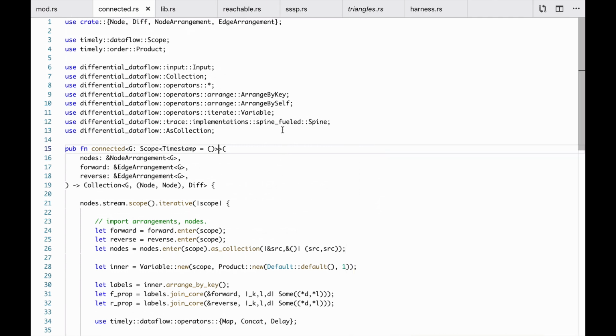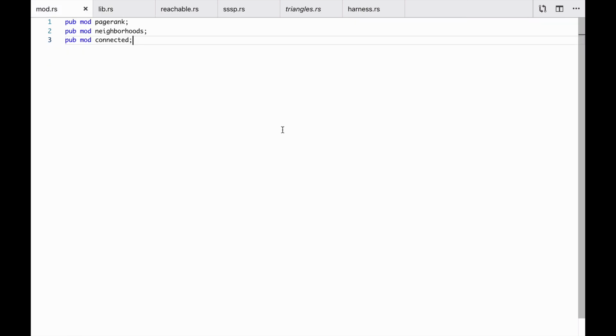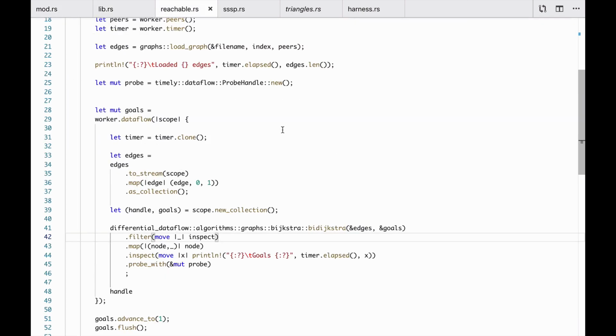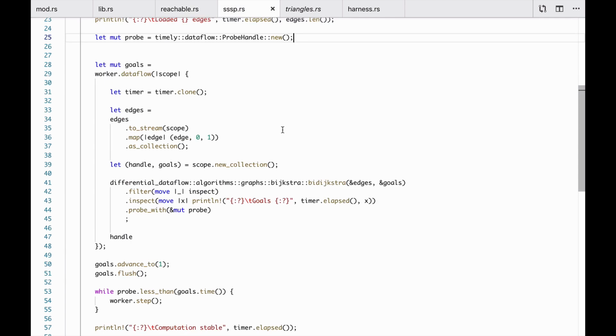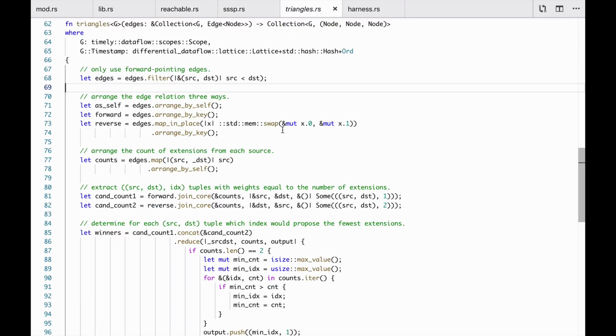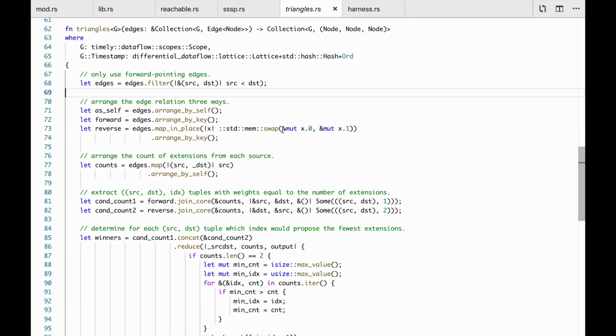But let's see, we're compiling this stuff. We've got connected components there. We have these two reachability and SSP things that we would want to change bidirectional extra for. We have our triangle computation, which I think, with the exception of the fact that we need to filter things and, to be honest, probably have made them symmetric in the first place,